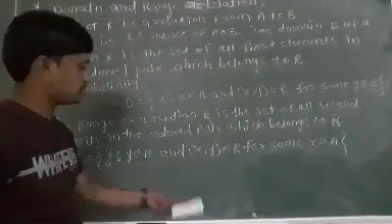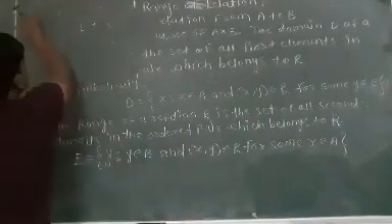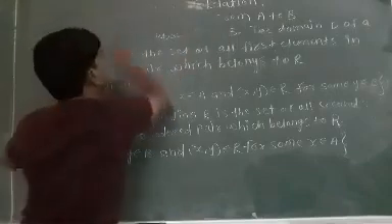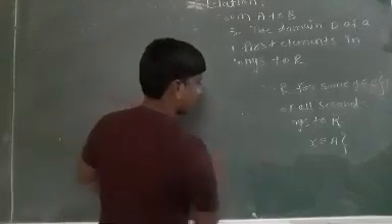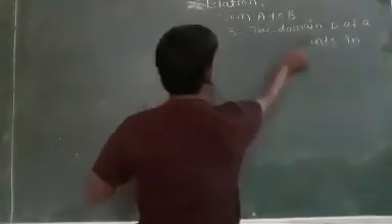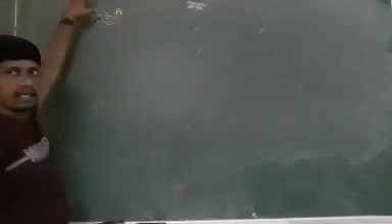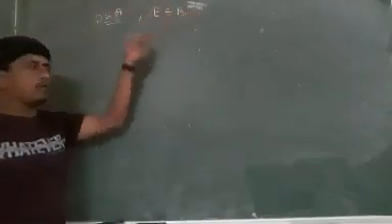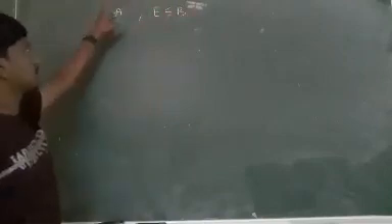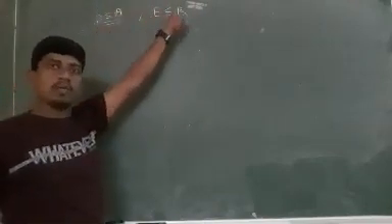Now let's take some examples. From the definition of domain and range of a relation, domain D is always a subset of our set A since x belongs to A, and range E is a subset of B since it contains all those y which belong to set B. So domain is a subset of A and range is a subset of B.